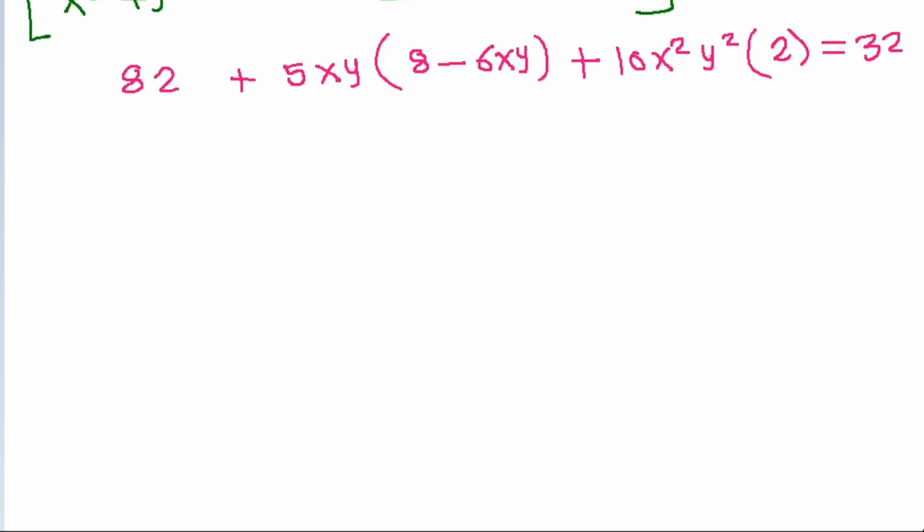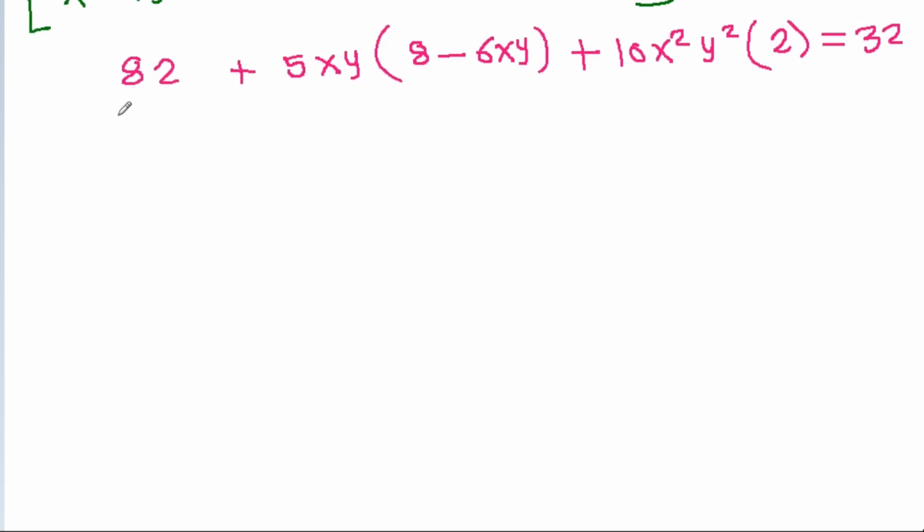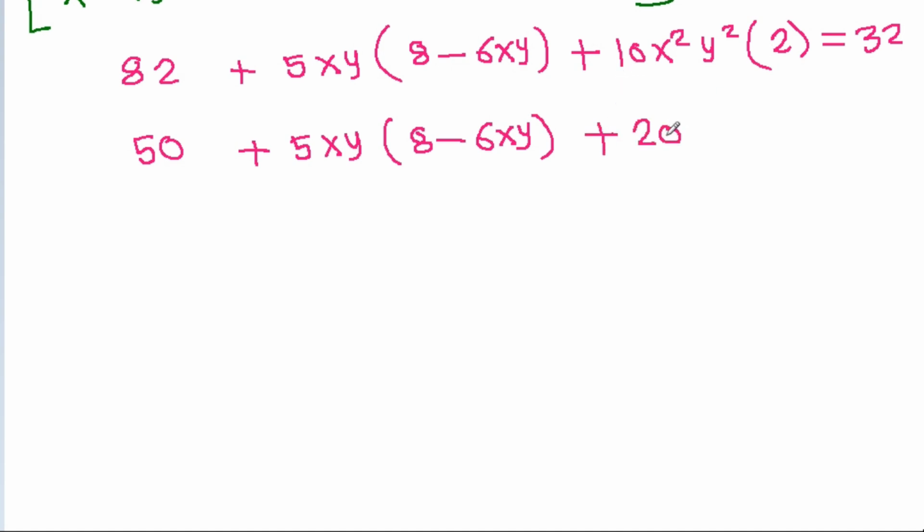And 82 minus 32 is 50, plus 5xy times (8 minus 6xy) plus 10 times 2 is 20, and x square y square is (xy) whole square, that is equal to 0,